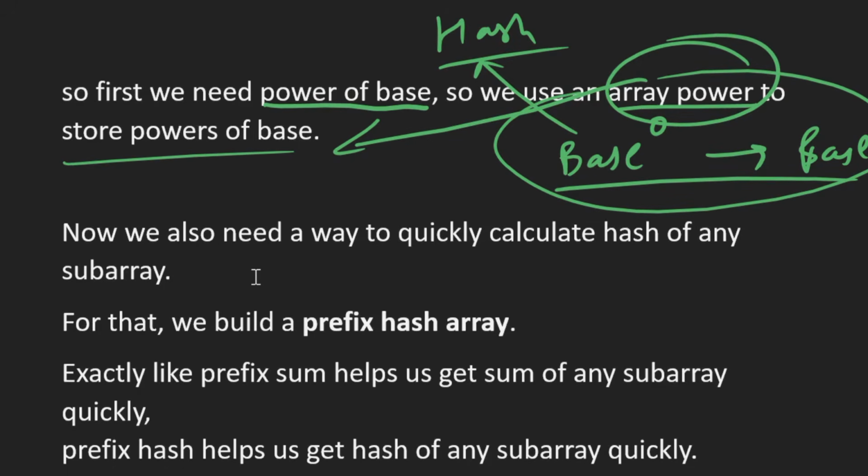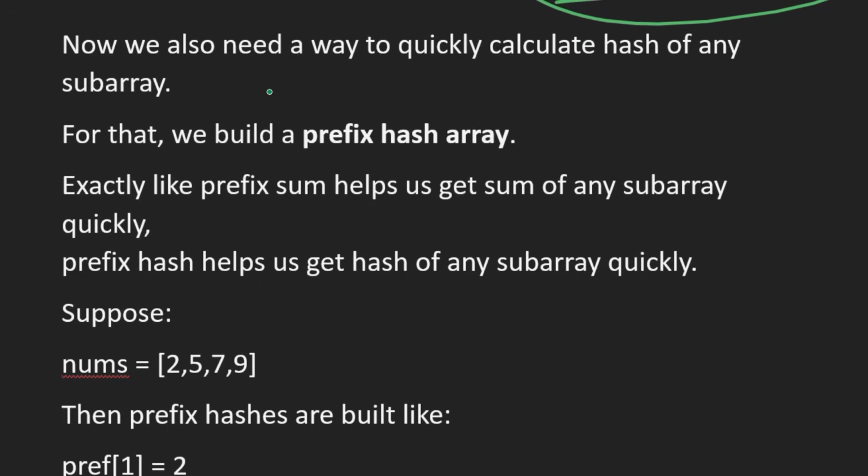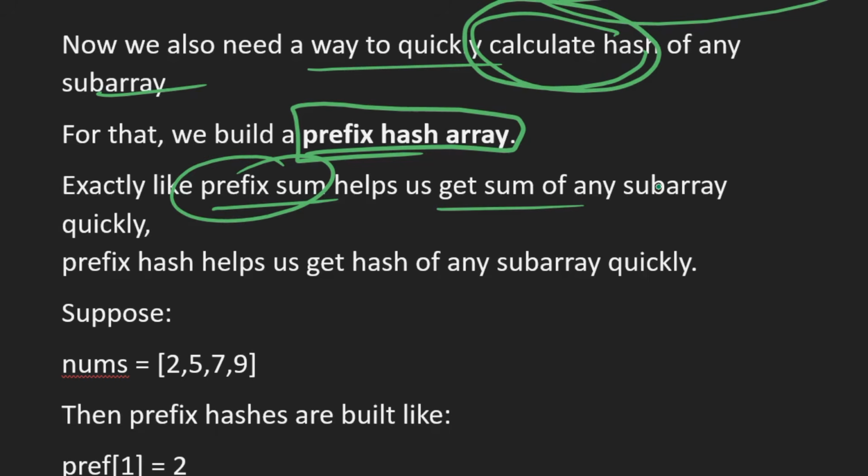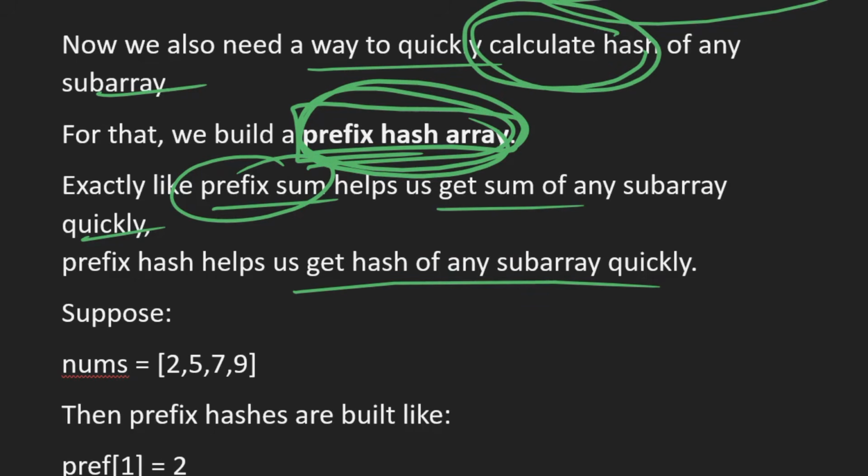Next, we need a quick way to calculate the hash value of any subarray, and for that we'll use a prefix hash array. Just as prefix sum helps us get the sum of any subarray quickly, the prefix hash array will help us get the hash of a subarray quickly.